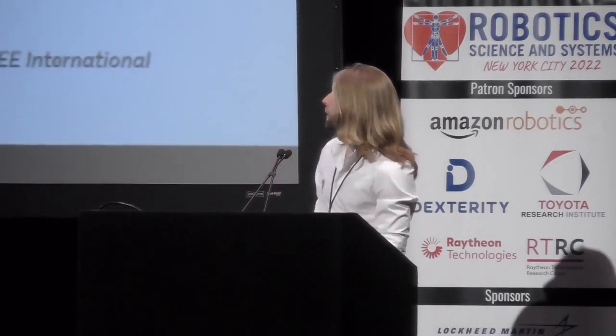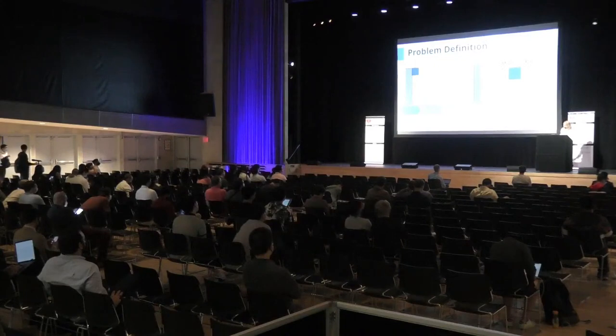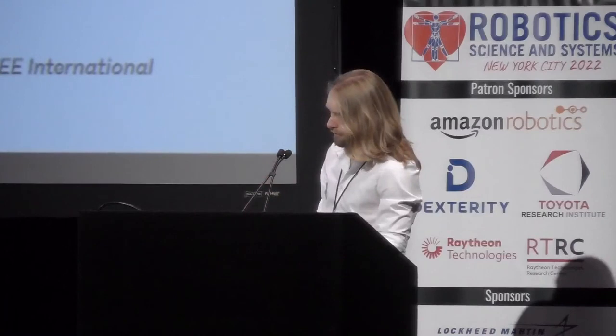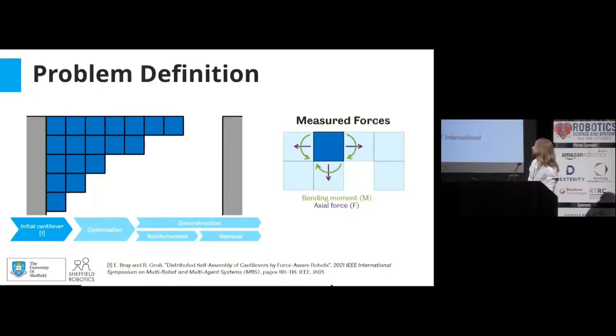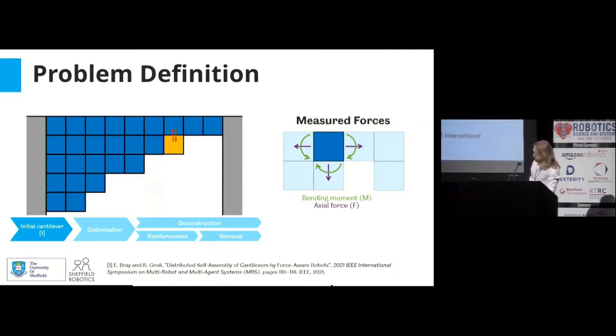inspired by ants, as shown on the left, and encouraged by previous work in this area. But we take a different approach to the one seen there. We consider a 2D grid of agents who build a bridge between two vertical fixed support surfaces. In work published last year, we focused on part 1 of this problem, building a cantilever, incrementally building the structure in a force-aware way so that it won't collapse. We use this as a starting point for the work in this conference, which focuses on 2 novel problems.